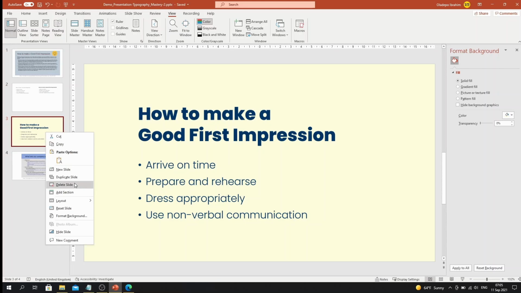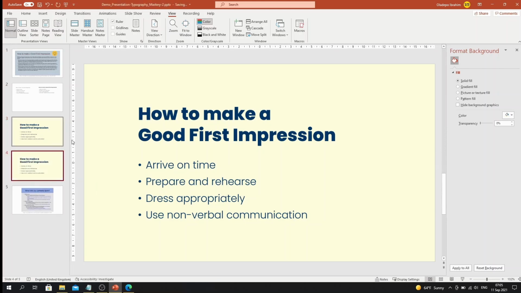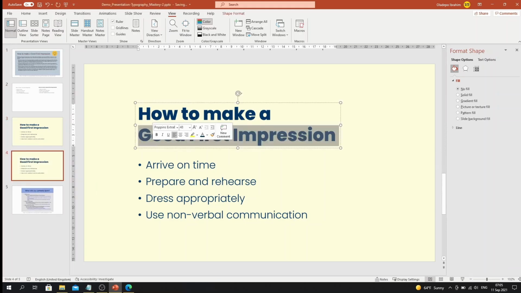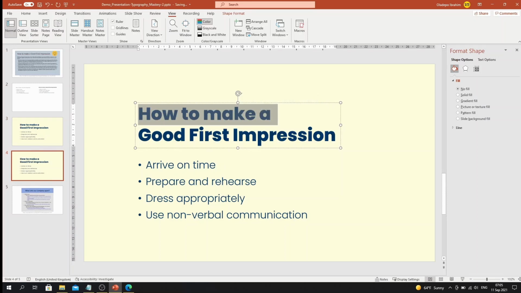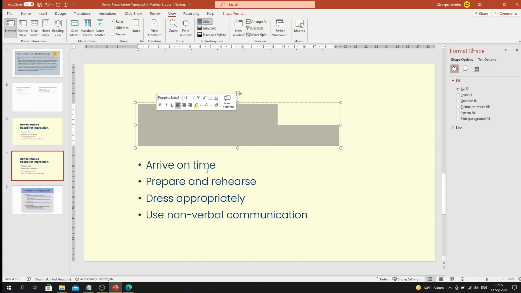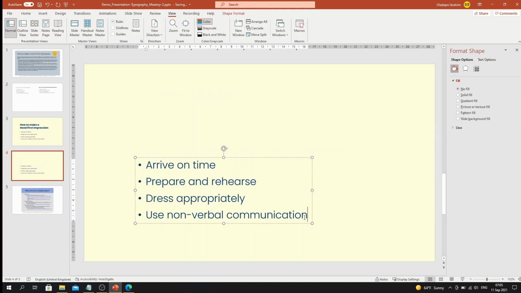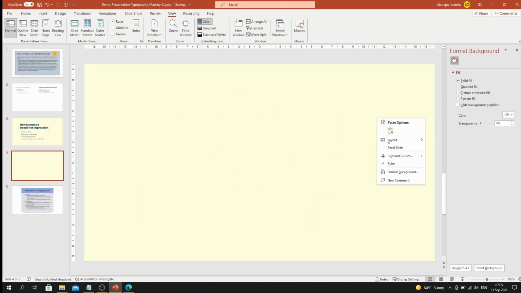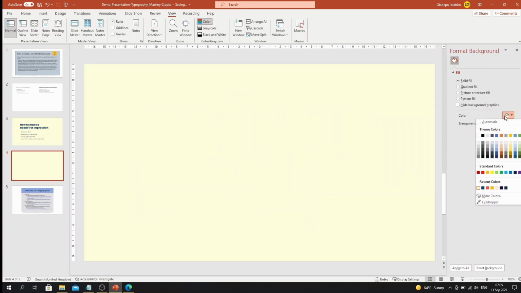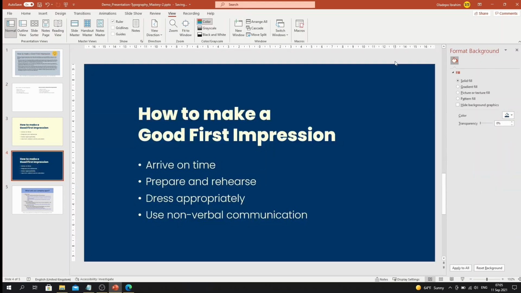Maybe you can duplicate this if you don't want to mess things up. Then you can try and switch the colors. We can switch this to the lighter color and then format background, and then you can use the blue. Alright,